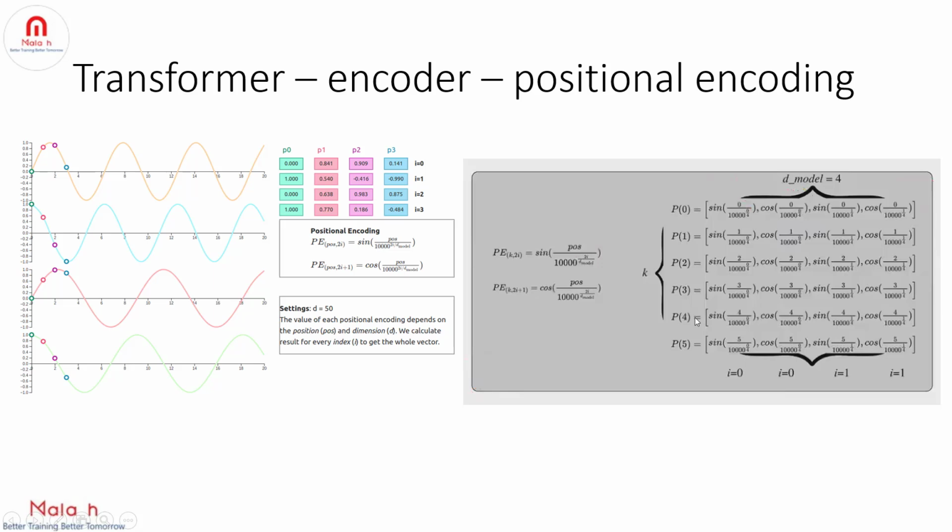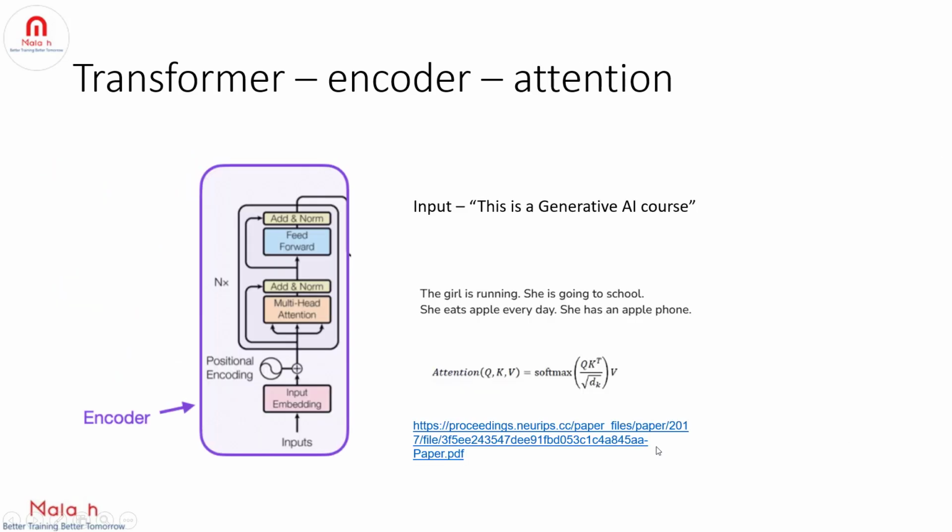So that is how we calculate positional encoding. So similarly, if you have a dimension of 768, you will see pairs of sine cosine, right? So in total it will be 768 divided by 2, right? That many pairs of sine cosines you will see. So that is how you will calculate the positional encoding. And now let's go to this diagram again, and the next step is, once we have positional encoding, we are trying to add this positional encoding with the input embedding. So finally we will get embeddings along with the positional encoding, right?